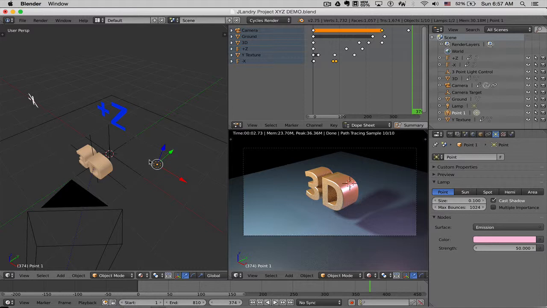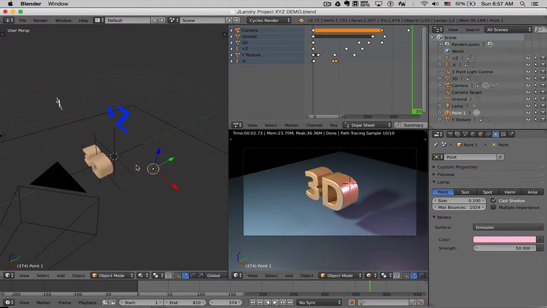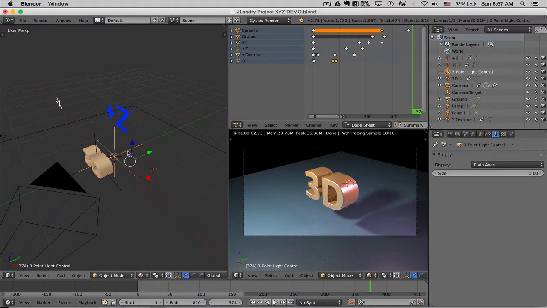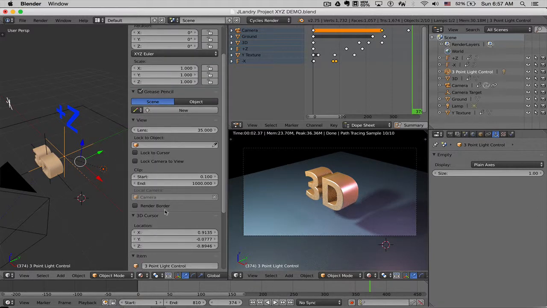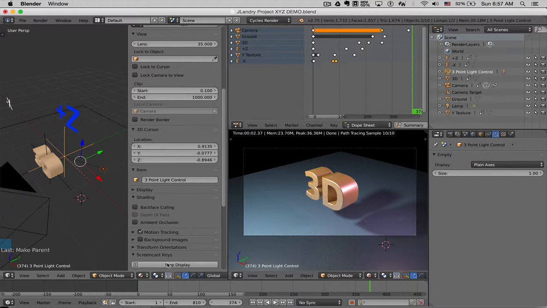So what I'm going to do is, to parent something, you have to first select the object that's going to be the child object. So I've got the light selected. Then I'm going to shift, right click, and select the object that's going to be the parent. Then to parent, you press Control and P, and it says set parent to, and you're going to choose object. Okay? Alright, so with that done,